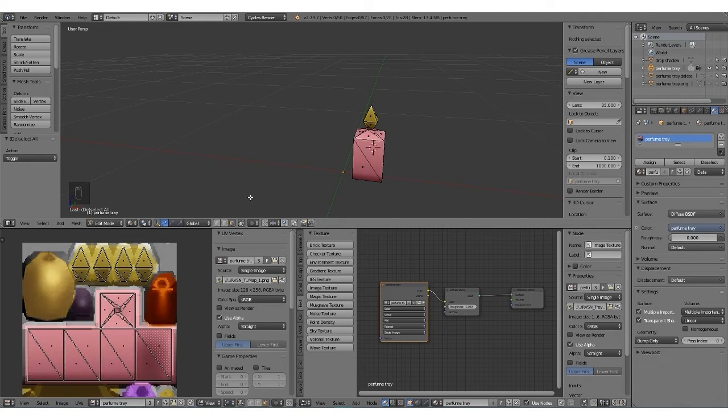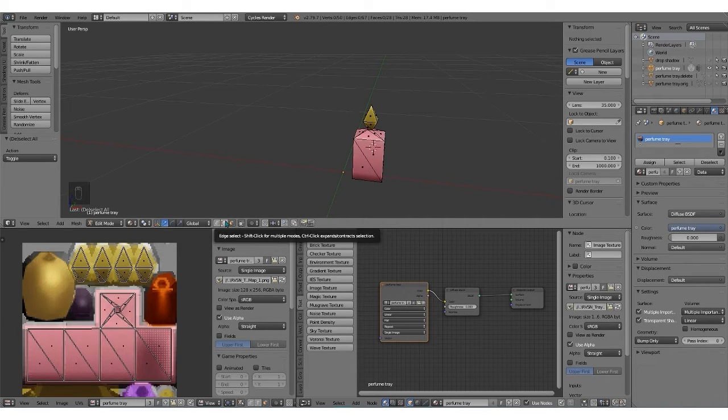So now we have the objects separated. The first thing I will typically do is, you can see the origin point of it is off center. Especially for decor items, I like to make the object be centered when you place it. So what we'll do here now is, there's a lot of different ways you can do this, but the way